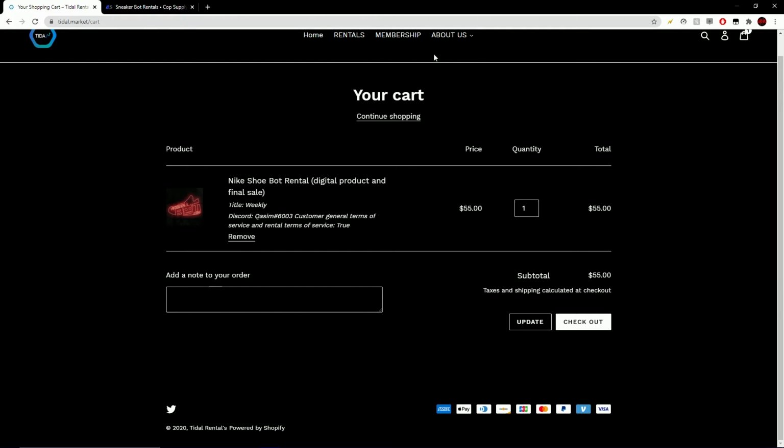So we have an overview of our cart. So the title is here, digital product and final sale. The title is weekly, obviously all the information I've gone over is there. I can remove it if I wish. I can add a note to my order as well. The price is $55, the quantity is 1. Obviously the total is affected by the quantity and we only have 1 here, that's why it's $55. Subtotal $55, taxes and shipping calculated at checkout, but this isn't an actual item, it's not shipping anywhere, so it will stay at $55. So I'm going to go ahead and hit the checkout button here,